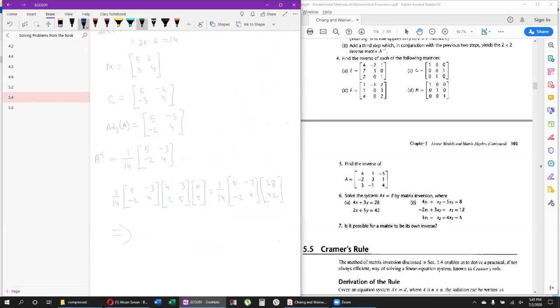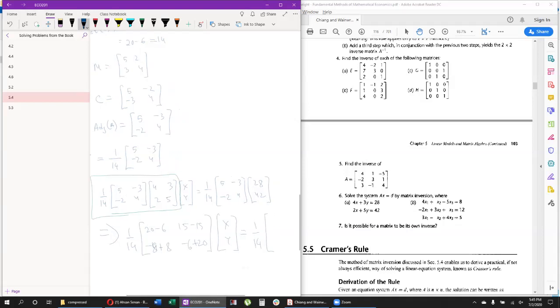So let's start off by multiplying this part. So that will give us 1 by 14 times 20 minus 6, 15 minus 15, minus 8 plus 8, and minus 6 plus 20. That times x, y equals to,